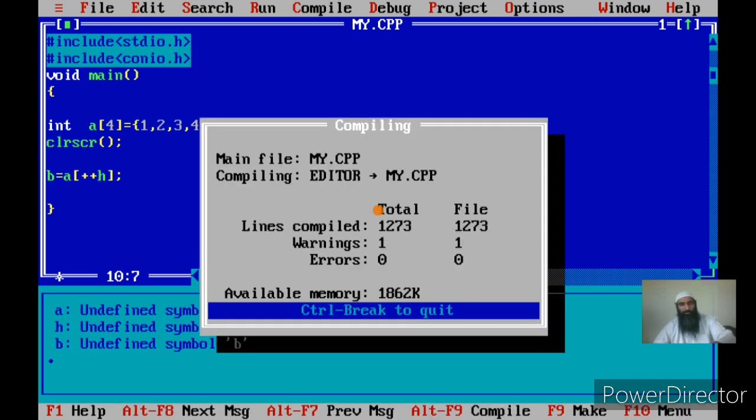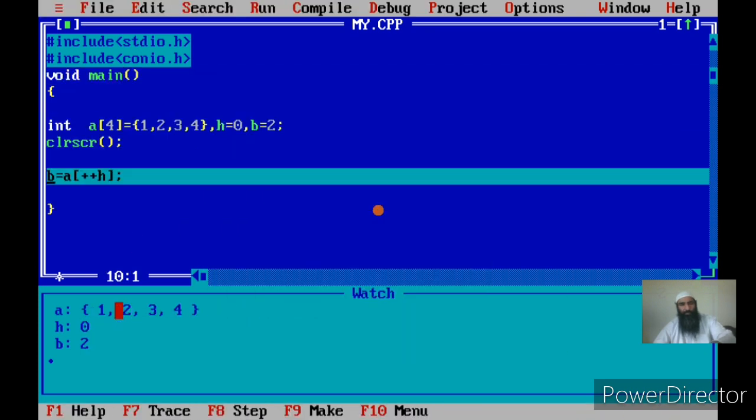If you see here, plus plus h, the value of h is 0. This is a pre-incrementation. As we know, in pre-incrementation the operand's value is incremented before the assignment is done, so h is 0, now it will become 1.